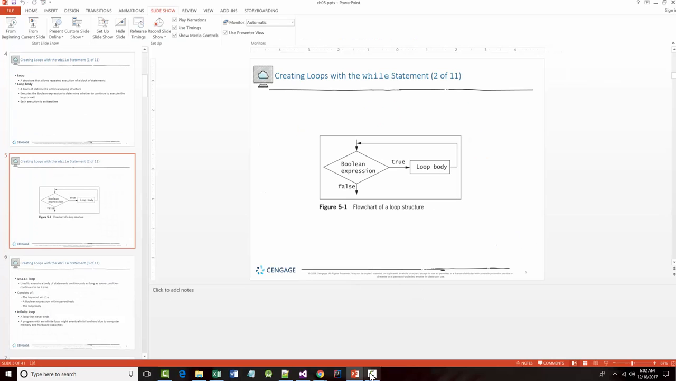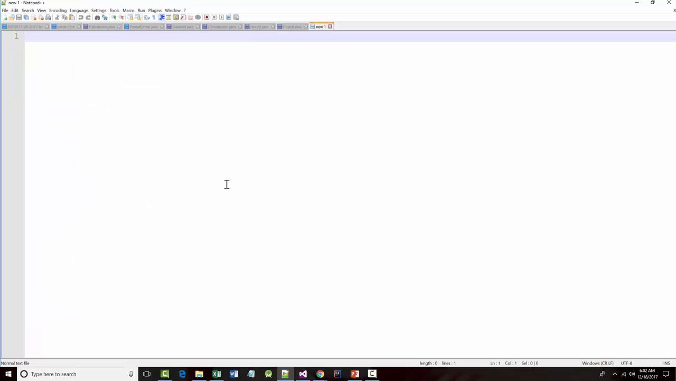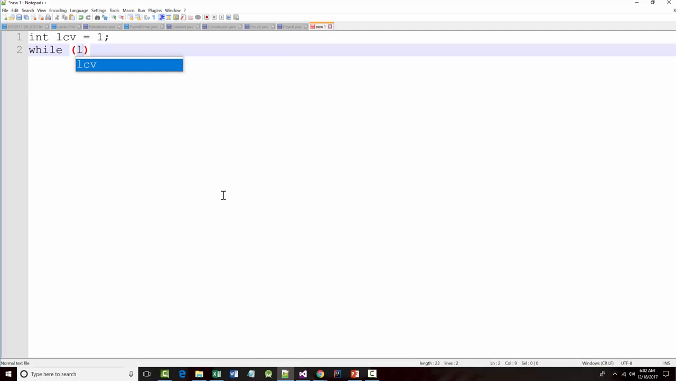Now, before we even do that, let's very quickly look at all 3 of the loops. So, I'm going to keep it simple. I want to count to 10. So the first loop we're going to look at is a while loop. So I'm going to say int LCV, which is short for loop control variable, equals 1. While LCV is less than or equal to 10,